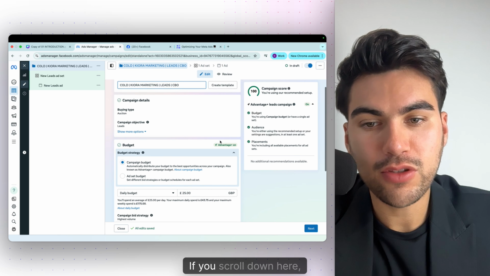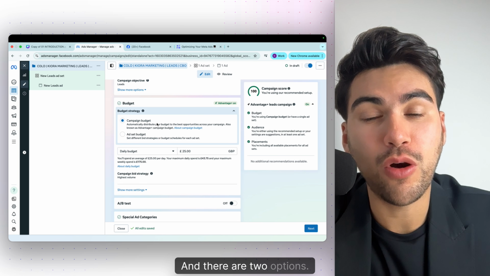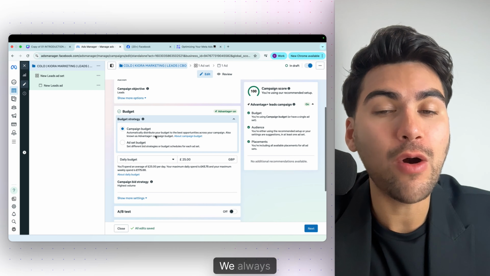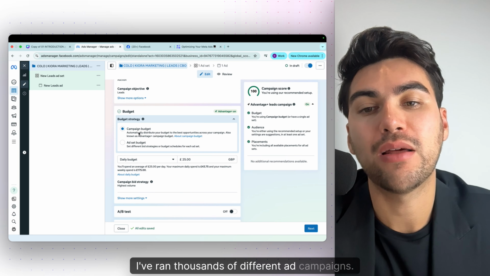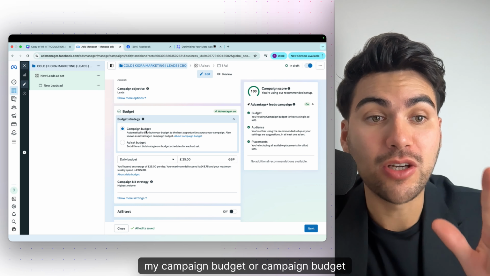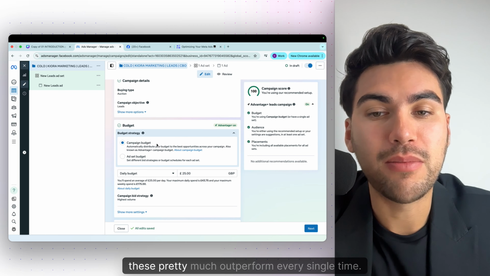There we go. If you scroll down here, you will then see a section that says budget strategy, and there are 2 options. There is something called campaign budget or ad set budget. We always want to be clicking on campaign budget. I've ran thousands of different ad campaigns. Every single time, campaign budget, or campaign budget optimization, which is what CBO means, pretty much outperforms every